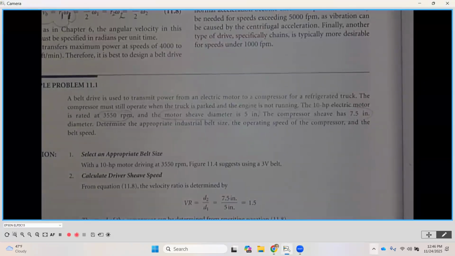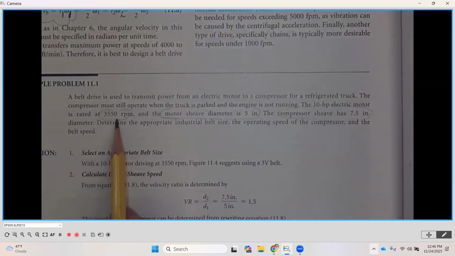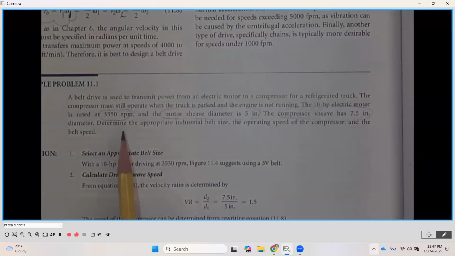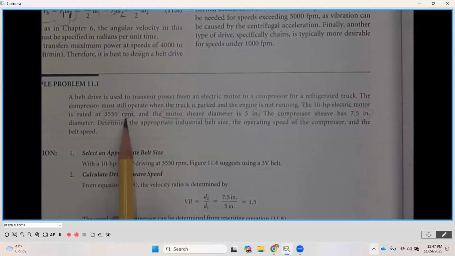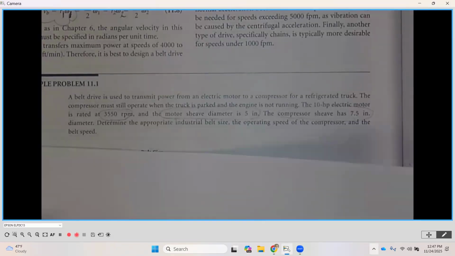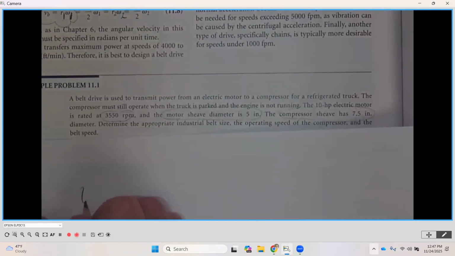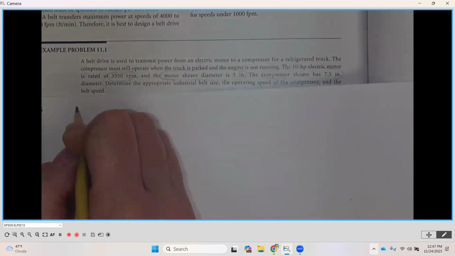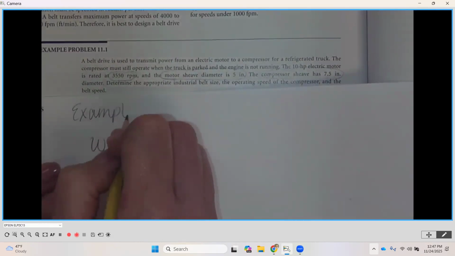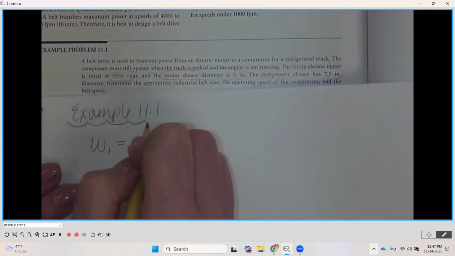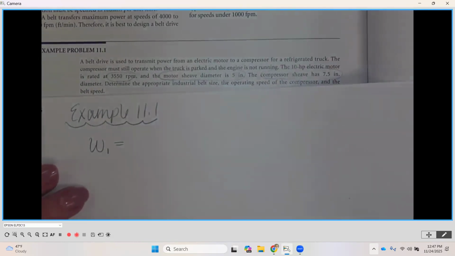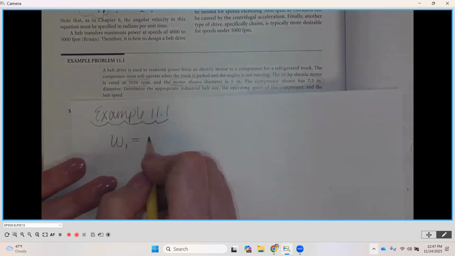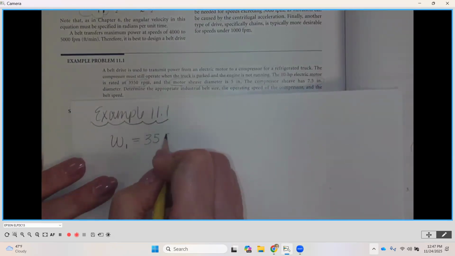As we look at this example, it says that we have a 10 horsepower electric motor, and that's going to be the driver of this belt drive. And that is going to be at 3550 RPMs. So that is going to be our angular velocity number 1, or our driver. I'm going to start with example 11.1. Oh, this is a practice problem that you'll be handing in, so make sure you're doing this along with me. And W1 is going to be 3550